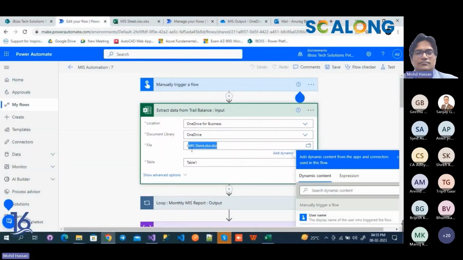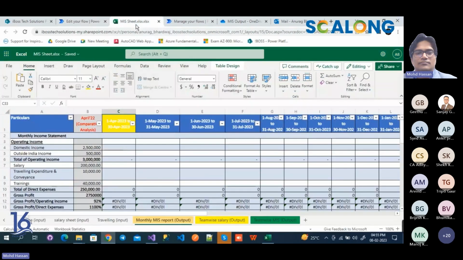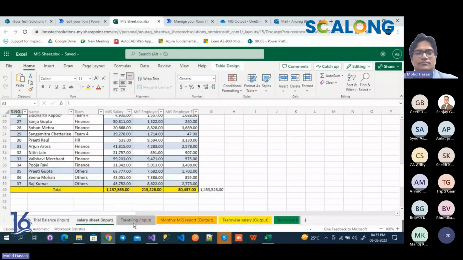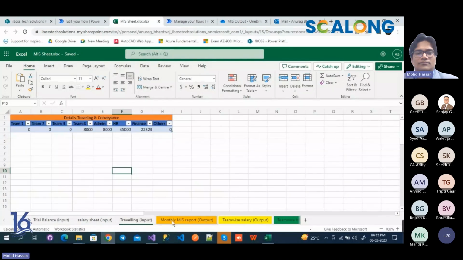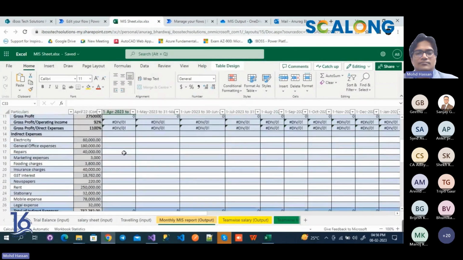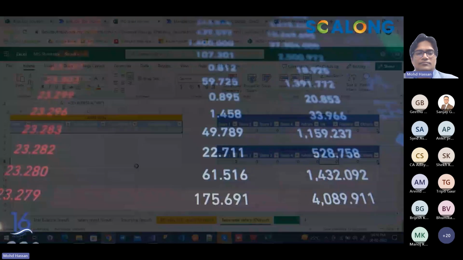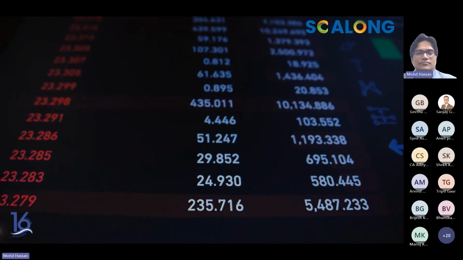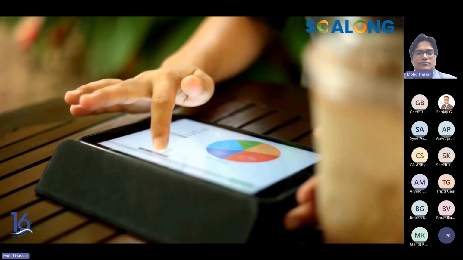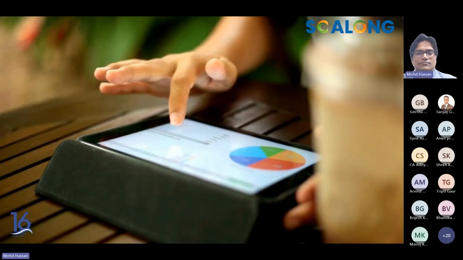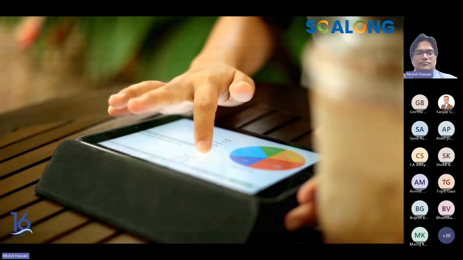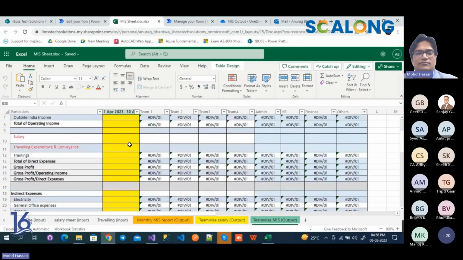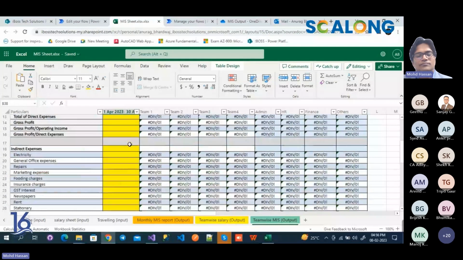Usually, an organization has an input file with all the relevant figures, such as trial balance, salary sheet, and team-wise travel expenses, which is input data to extract the categorized monthly MIS report as an output. Automation can help customize the reports according to the user's preferences. Users can choose the data they want to include in their report and the format of the report. Here on, the output datasheet format is drafted with the summative formulas wherever required.